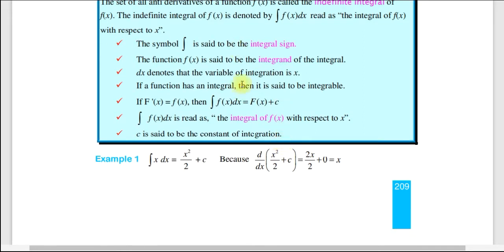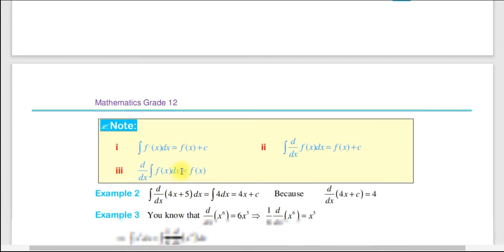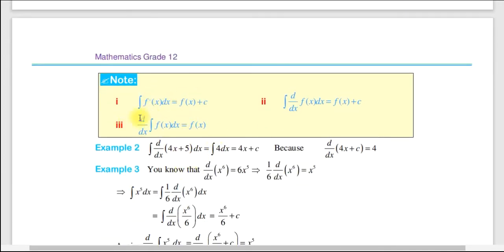So ይህን ነገር ለማጠናከር ኤግዛምፕሎች አሉ። የመጀመሪያው ኤግዛምፕል፡ the integration of x with respect to x, or the integration of x dx, which is equal to x squared over 2 plus c, because d by dx of x squared over 2 plus c, which is equal to 2x over 2 plus 0, which is equal to x. 2 በ2 ይጣፋና ማለት ነው። ይሄ ራሱ የሆነ ፎርሙላ አለው፣ እንዴት እንደሆነ የምናየው ነው የሚሆነው ማለት ነው።